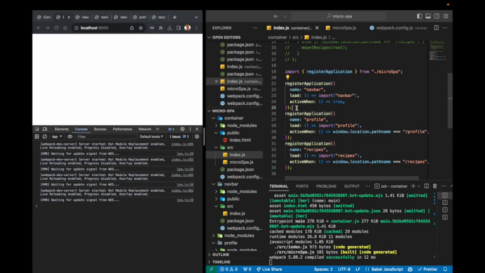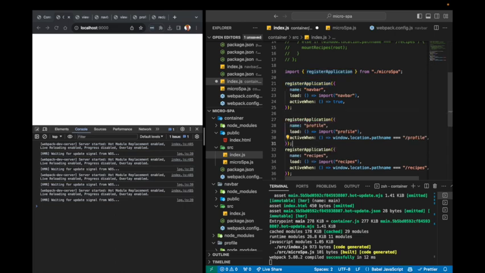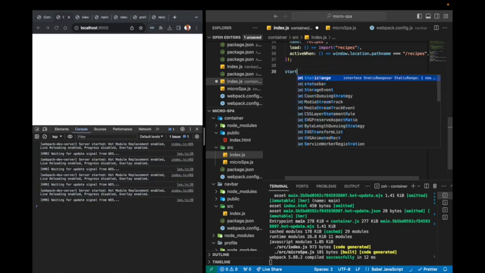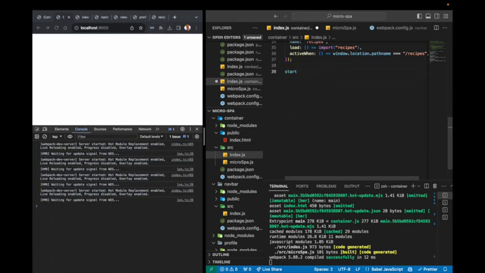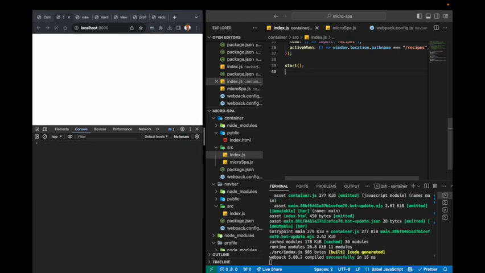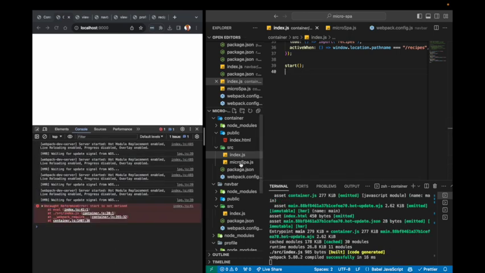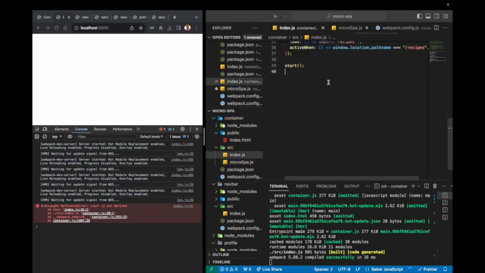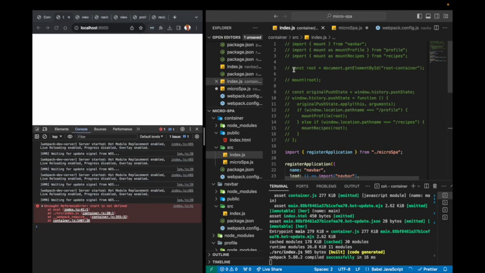We also need to do something to mount those applications, and this is where we need a function that initializes the application by mounting the applications that need to be mounted. So inside MicroSpa we can export a start function that basically does what the container was doing before. So it would take the root element,